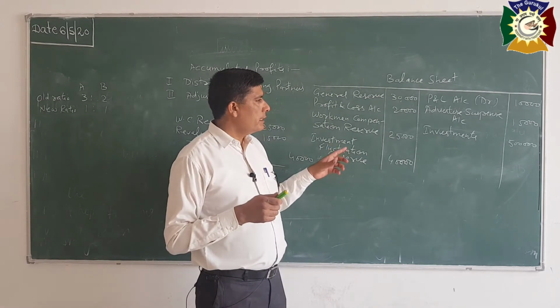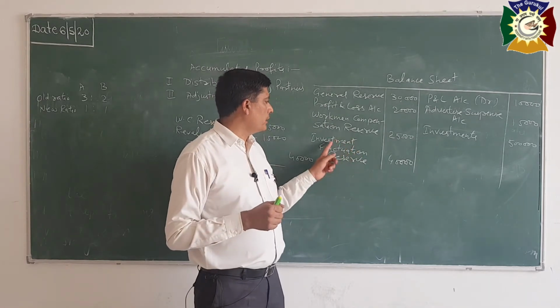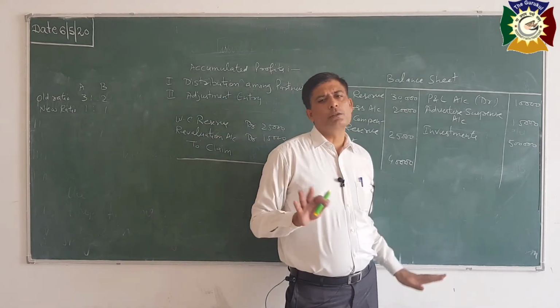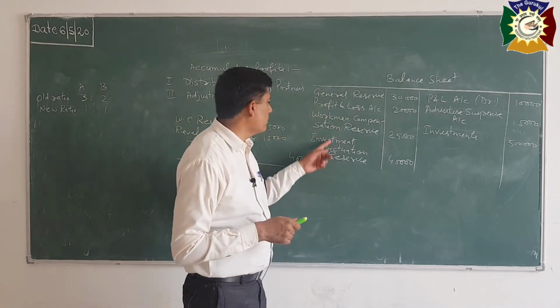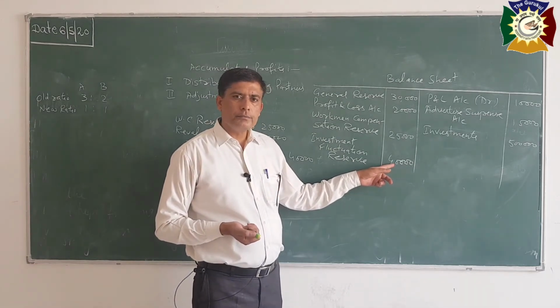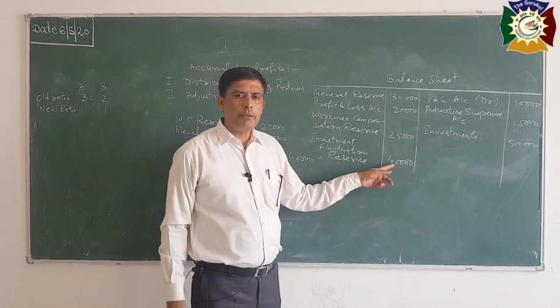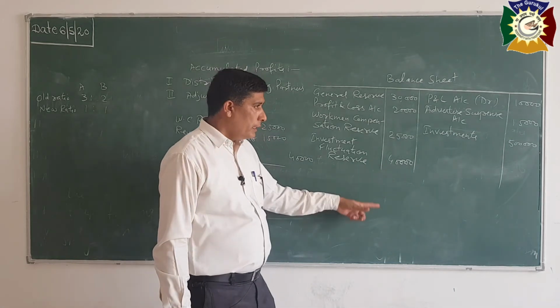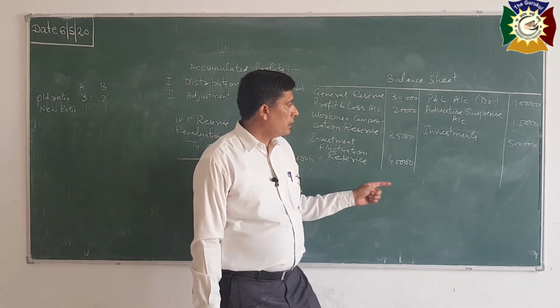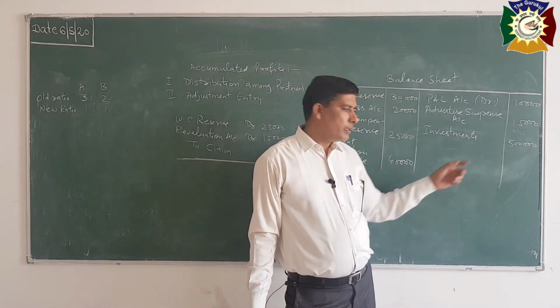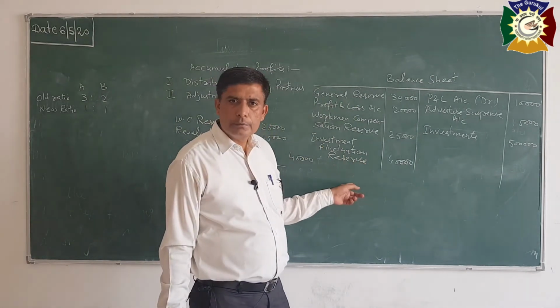Okay, if in any question you are given investment fluctuation reserve 40,000, investments are given 5 lakh, no other information is given, so distribute the complete reserve in all partners A and B in old ratio. Investment fluctuation reserve debit to A and B in 3:2 ratio. If in adjustment it is given the market value of investment is 5 lakh, again no loss, again the same entry, distribute in old ratio.